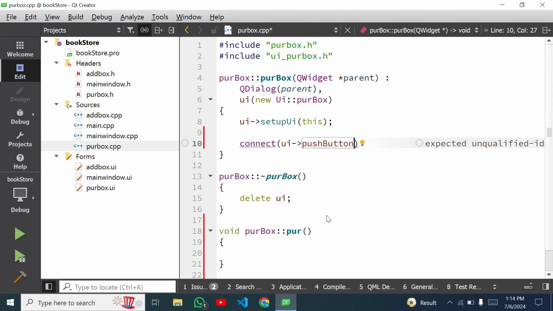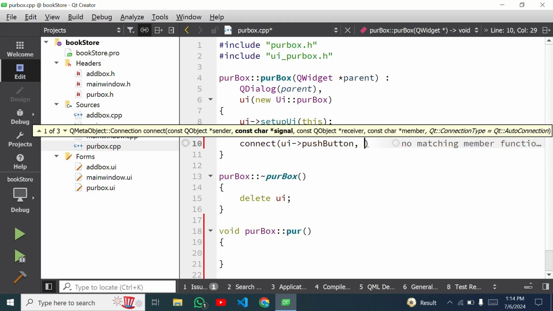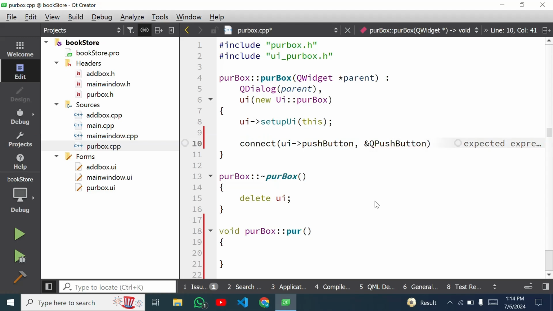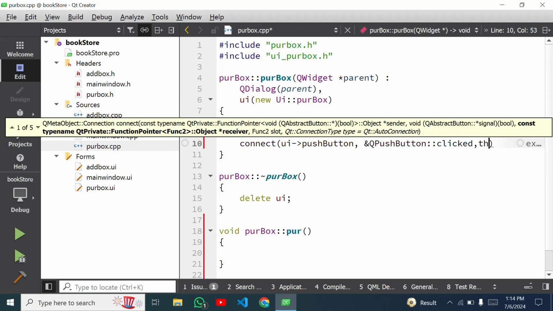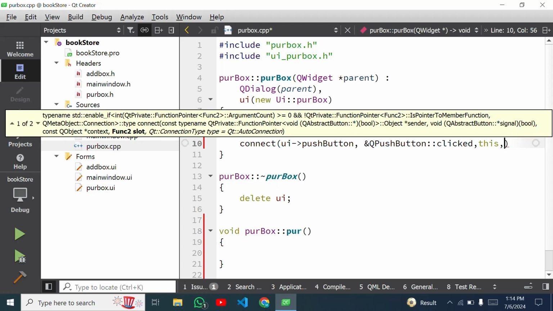Okay, and next I have to connect signal with slot. So signal from push button, when QPushButton will be clicked. Okay. Then, sorry, here I have to define signal that is clicked and then this pointer,